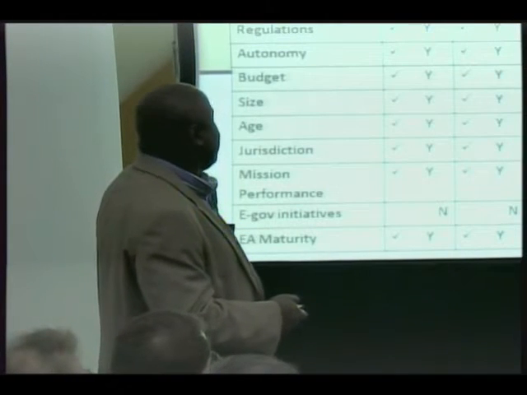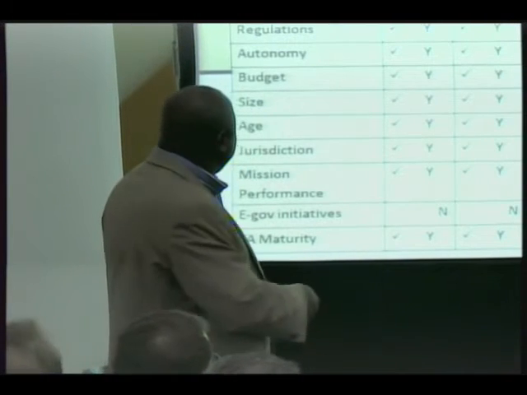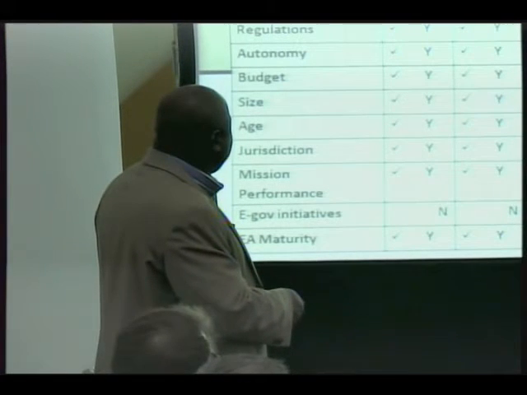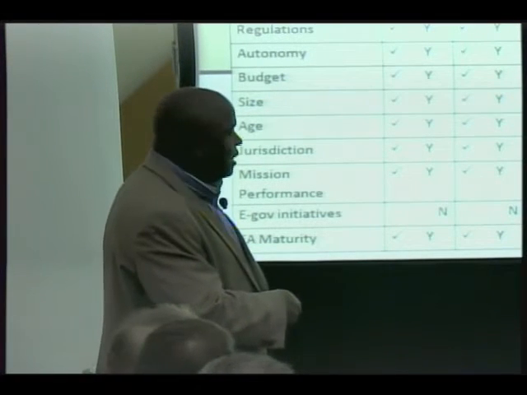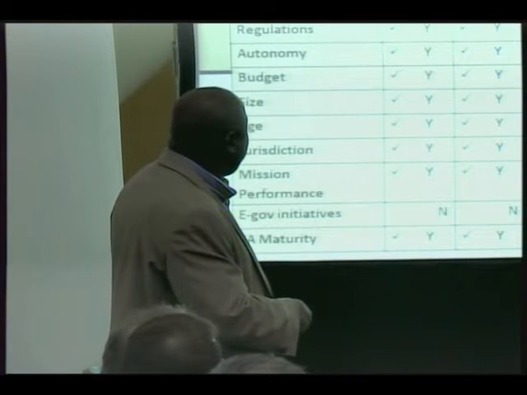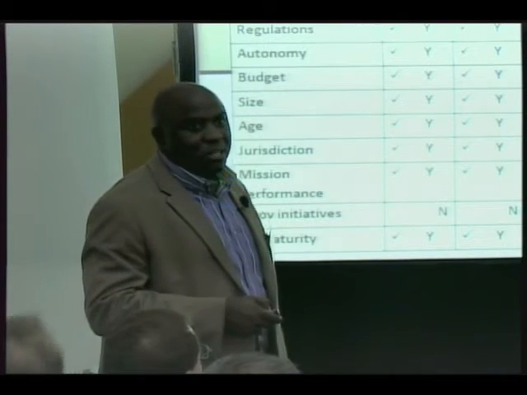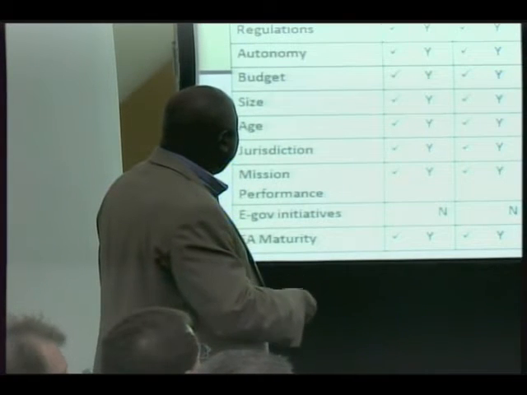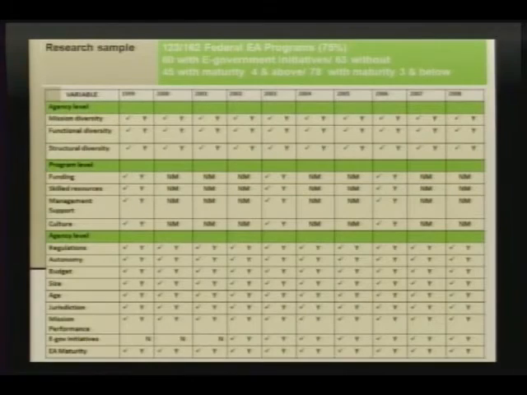And this is the kind of data we got. The NM means there was no measure. The reason there's a gap here is that the Government Accountability Office only conducted audits in this year, and that year, and that year. So there were no measures for funding and skilled resources, but these were program level. For everything else, we were able to obtain it, and there are so many people to thank for this.